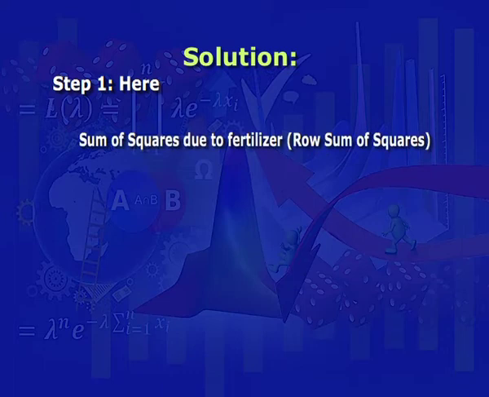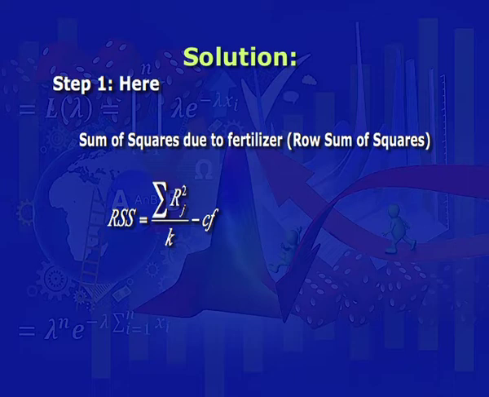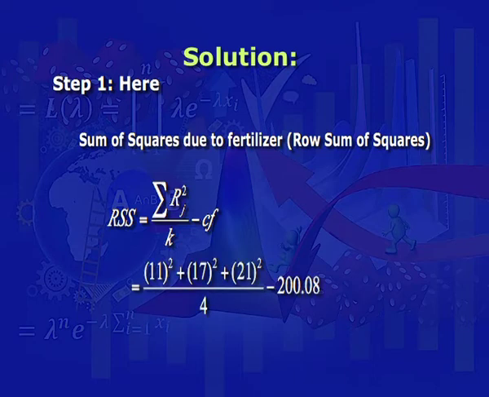Now we calculate the sum of squares due to fertilizer, or row sum of squares. Row sum of squares equals summation rj square divided by k minus CF. Here rj indicates the total of the jth row. From the above table, we find the totals and substituting these values, we get 11 square plus 17 square plus 21 square divided by 4 minus correction factor 200.08. On simplification, we get row sum of squares equal to